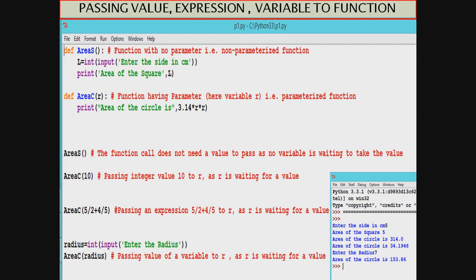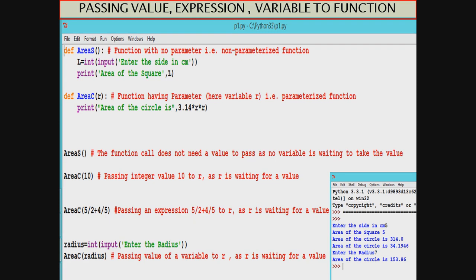Now you see, there is a third way also. We can give a value directly. We can even give an expression to a parameter as an argument, or we can even take a value in a variable. See, we have taken a value in a variable radius, and we are sending radius. So actually the value that is in radius is being sent to R. So what are the things that we can send as arguments while calling a function?